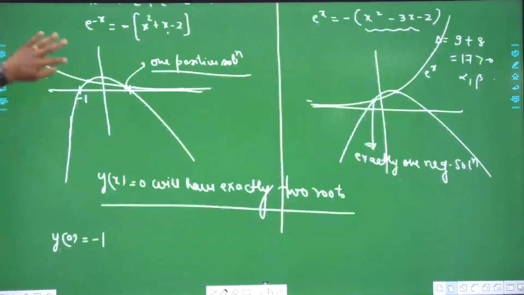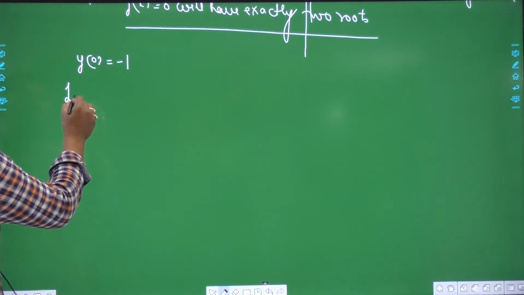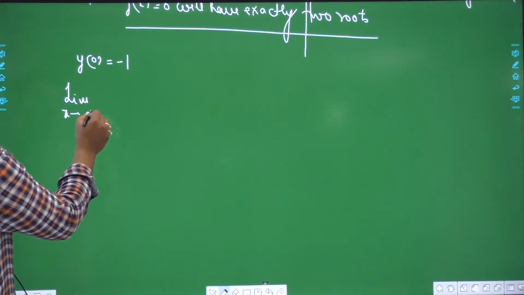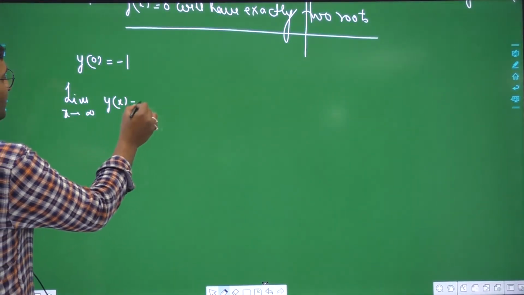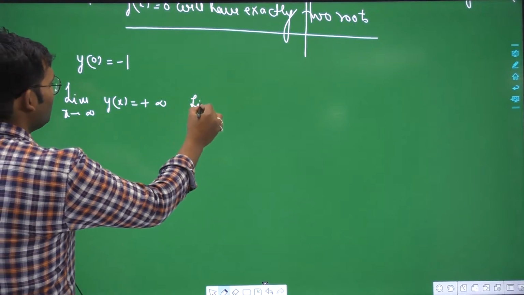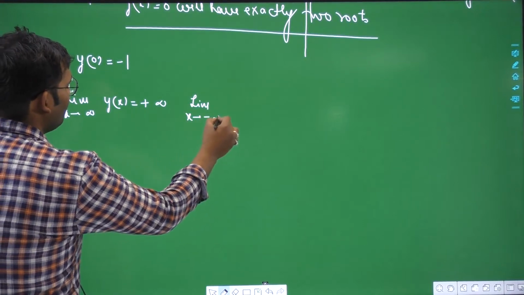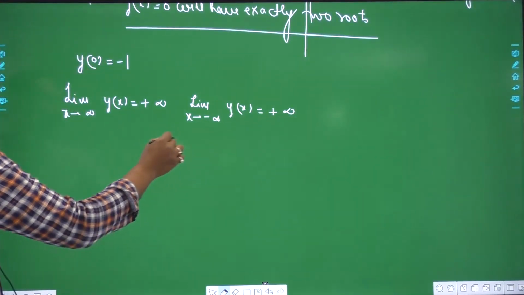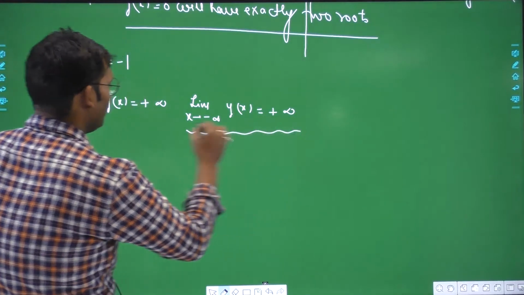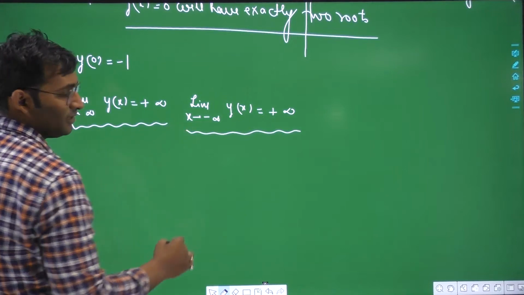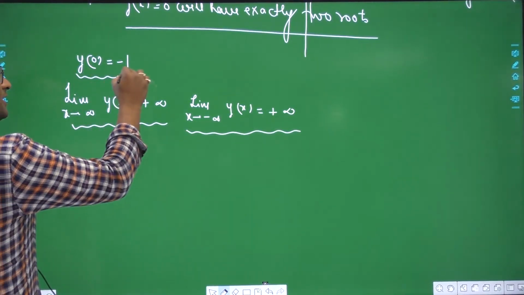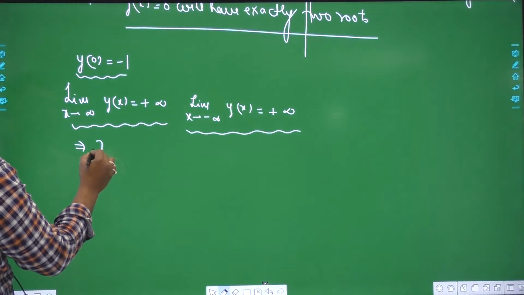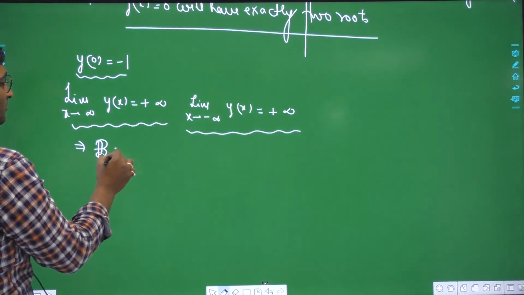So in totality I can write limit x tends to infinity, y(x) will be equal to plus infinity, and limit x tends to minus infinity, again y(x) is equal to plus infinity. So clearly on negative infinity you are getting towards plus infinity, and on positive infinity again you are getting towards plus infinity. At y(0) you are getting a negative value. It implies there exists, by intermediate value theorem,